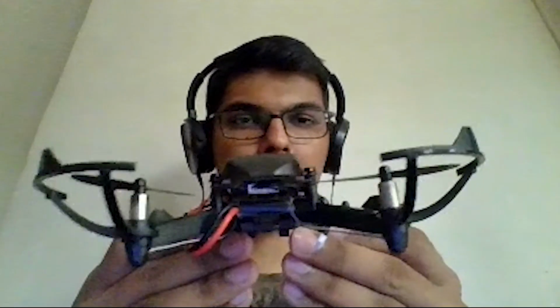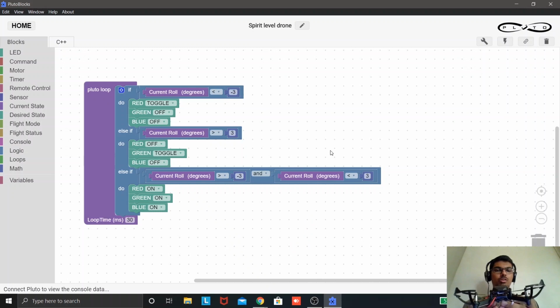And if I am extremely stable, the white LED will remain over there, like it will not change the color. So you can obviously change the difficulty level by changing the number from 3 to 2 and 1. So I feel the most difficult will be plus and minus 1 degree, it will give you a very less margin for error, and you can just have fun with it.